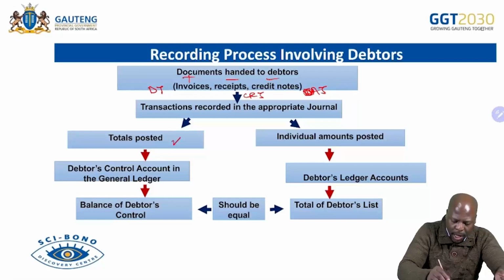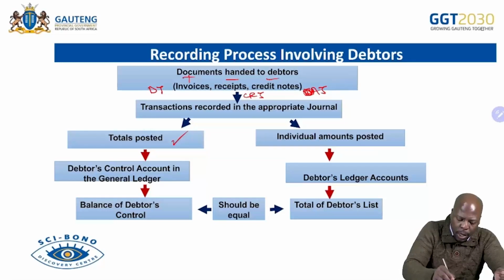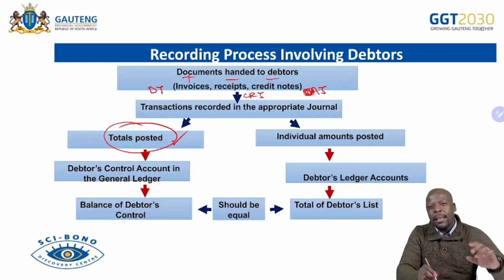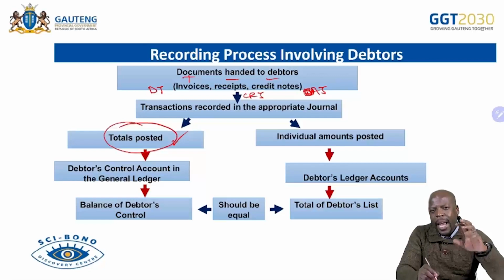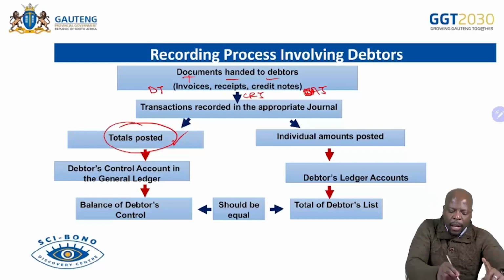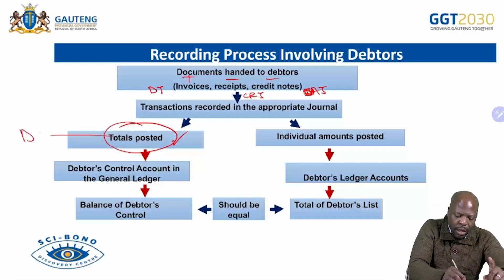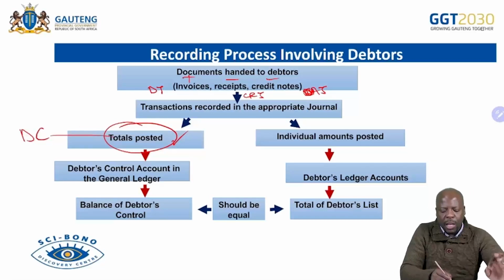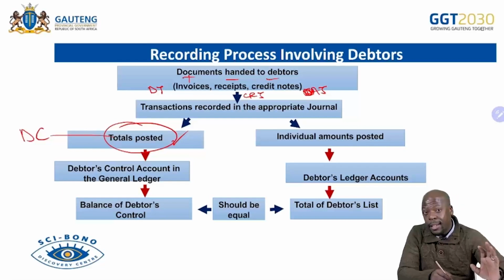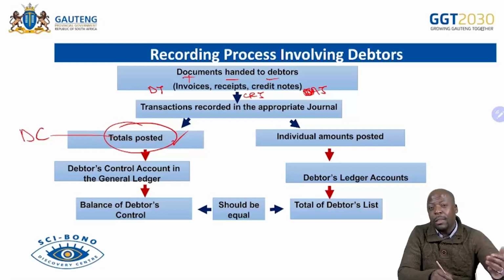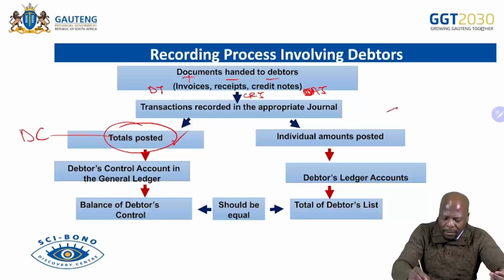So here totals are posted. Very important. When we are posting to the debtors control, we post totals. We are interested in totals. Hence, in that other slide, I said, whenever you hear the word total, please remember the word total is associated with the debtors control. Once you hear the word total, think debtors control. And once they talk about individual accounts,